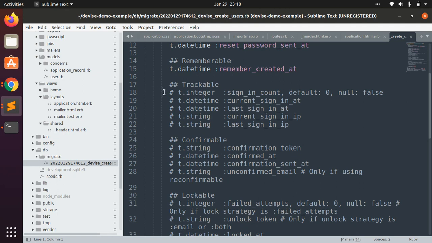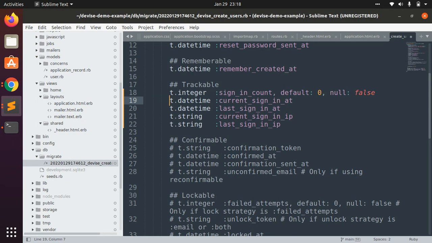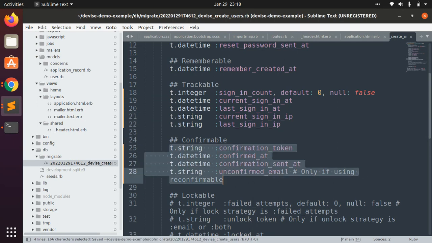Okay, so let's uncomment this. Here you can see it is uncommented, and let's uncomment this one as well. Okay, now we will run the migration. But before running the migration, since we uncommented the trackable and confirmable module, we need to enable this in